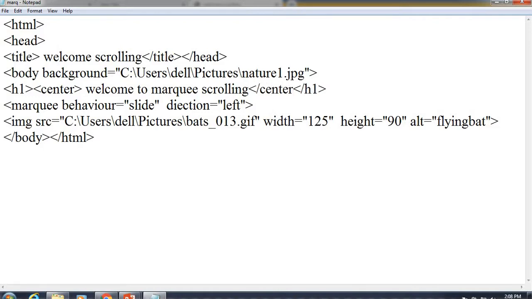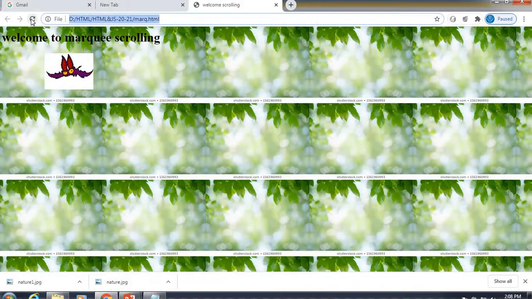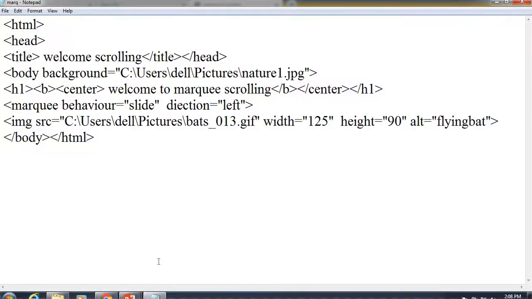According to the requirement of your web page, we can add bold. Just make a refresh, so the text is going centrally. Then we add one more image.